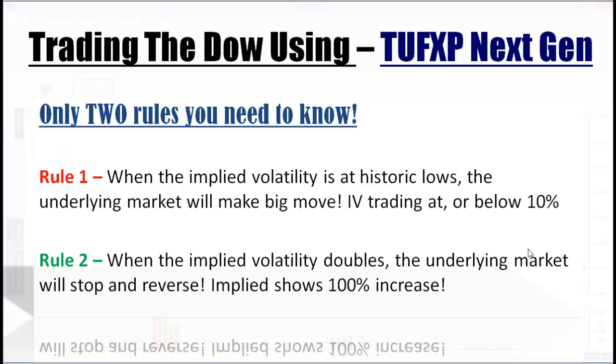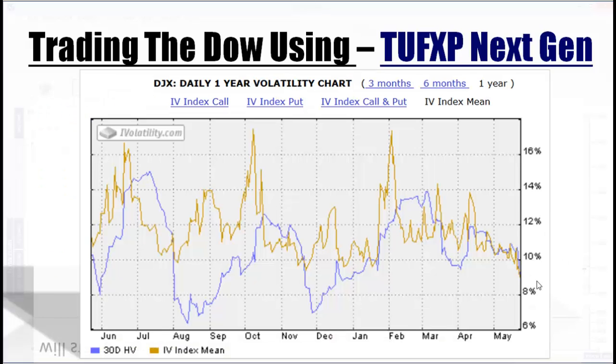So let's go back to the implied volatility chart once more. Rule 2, when the implied volatility doubles, the underlying market will stop and reverse, and you will see the underlying prices return back to the highs. So let's go back to February again. We've got at least 9% here, and then we see the market trading above 17, 16, 18, in that sort of area there. So the market was quiet in January. We had the correction in the market. We were foretold the correction was coming because of the lows in the implied there,